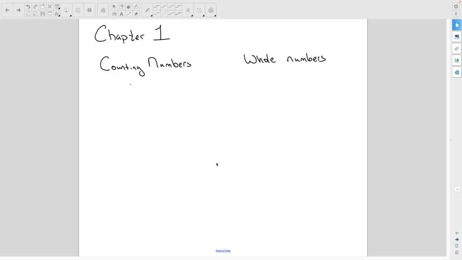The first thing we're going to talk about is the difference between counting numbers and whole numbers, which there's not a huge difference in them, but it is something that we do want to know. So let's think about this. I'm going to give you a list of numbers, and we're going to determine are they counting numbers or are they whole numbers or are they neither. So first, here's our list: